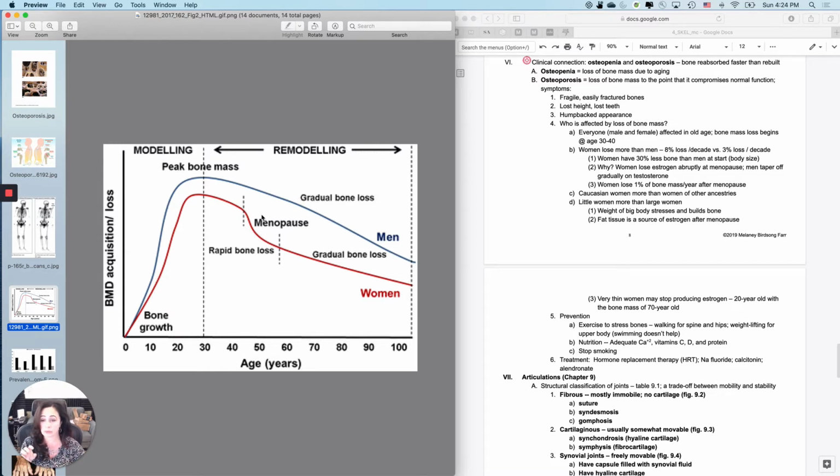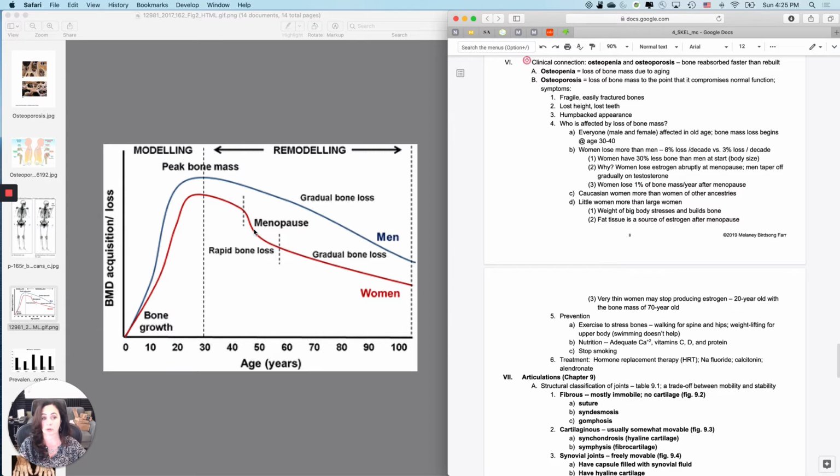Most of that loss is really in this dramatic area right here. And women, of course, had 30% less on average bone mass to begin with. They lose their estrogen really abruptly at menopause, and men taper off really gradually on testosterone, to the point that men can father pregnancies at 80 if they can find someone who's very young, much younger than 80, to have sex with them. So the real big loss is right here. They lose about 1% of their bone mass per year after menopause,